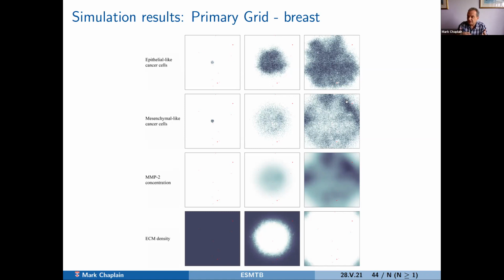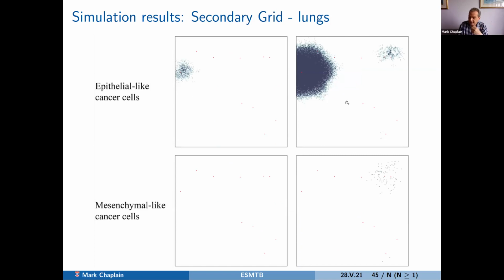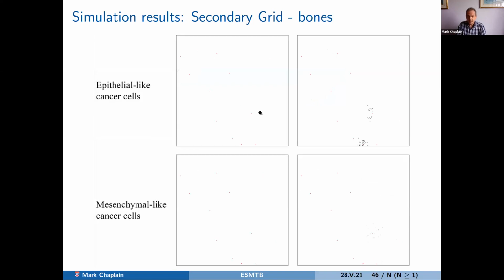And then as they've been invading, they've been encountering blood vessels, and so there's a chance that they've metastasized, and then that can be done by looking at the secondary grids. At an early time point, we can see that there's already been a spread to the lungs. And then at a later time point, we've got multiple spread to the lungs. We've got multiple sites, and that's both epithelial cells have succeeded, and at a later time, the mesenchymal cells have succeeded. And then in the bones, at an early stage, you don't have much spread to the bones, but at a later stage, you can see that both epithelial and mesenchymal cells have managed to get into the bones,